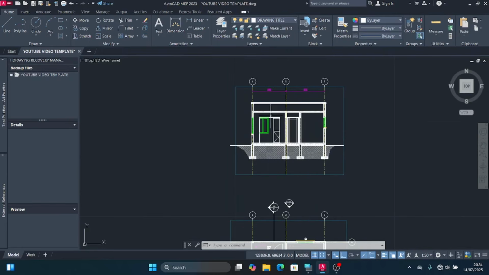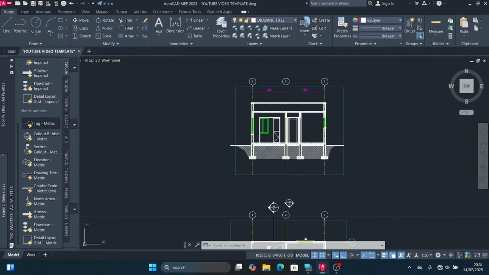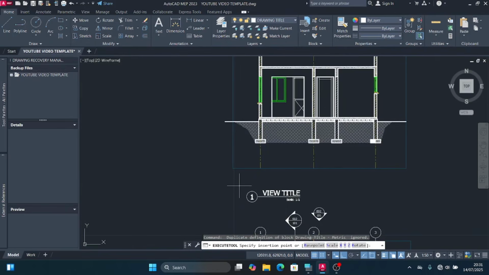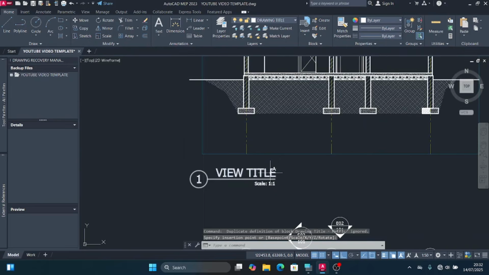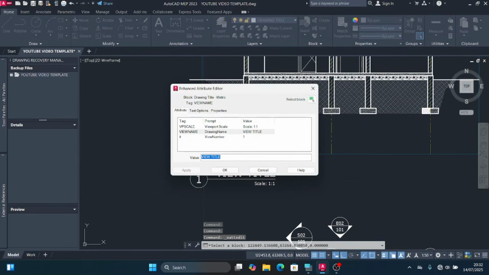Alright, still I'll use the tool palette panel under metric samples, then I'll select drawing title metric, then I'll bring it over here, then I'll double click at view title, then this enhanced attribute editor dialog box will pop up, then I'll put in